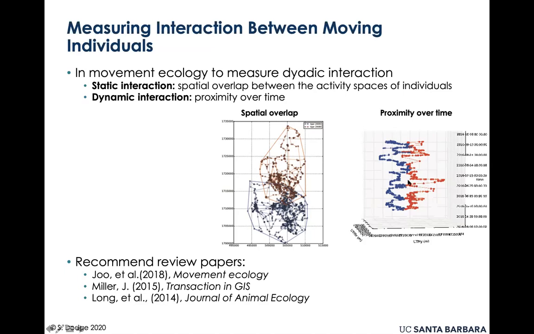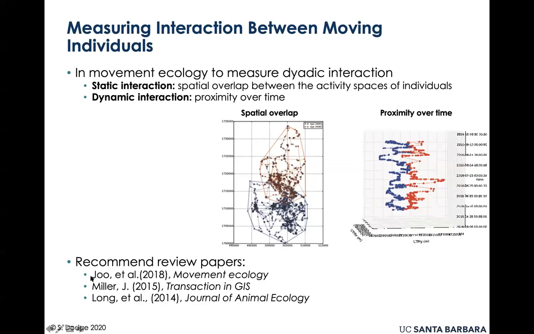Or if you plot their movement over time, so that is a space-time cube, then the times that they come close to each other or in close proximity of each other can indicate dynamic interaction. So dynamic interaction would be when two moving entities come close to each other at the same time. And static interaction would be closeness in space or sharing space, but it might not necessarily be at the same